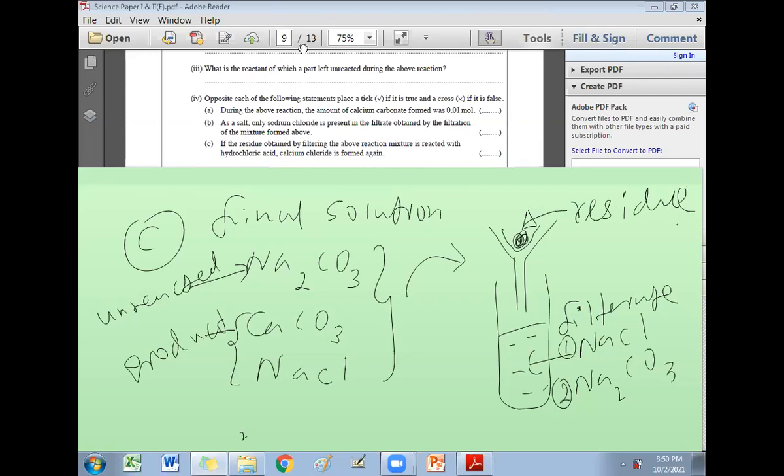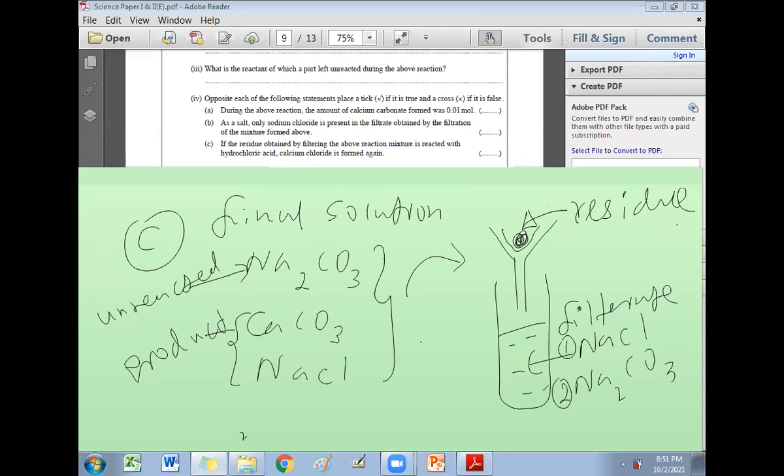Good. You raised your hand. What is the residue left? Sodium carbonate? Sodium carbonate goes to the solution. What is not soluble out of these three products left in the final solution? Yes, any volunteers? Which one is not passing through the filter paper out of the three products formed at the end in the final solution? Mishal? NaCl? NaCl also goes through the filter paper. It is in the solution. It can pass through the filter paper. Residue means what is left in the filter paper at the top, which is not passing through the filter.